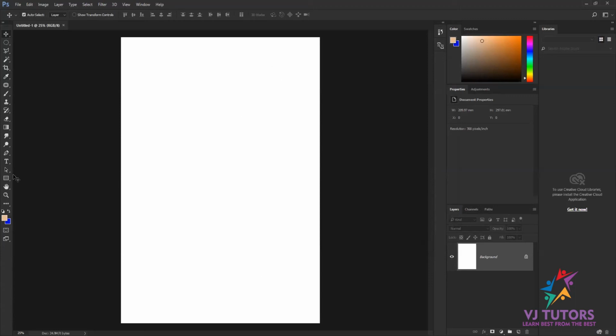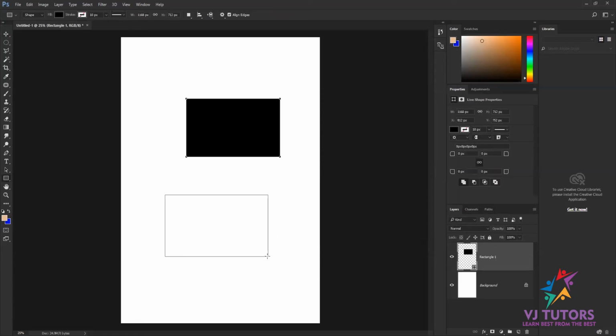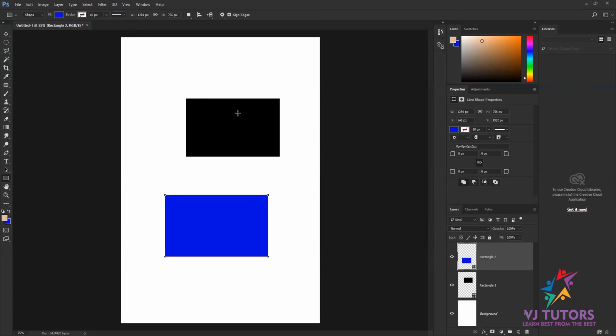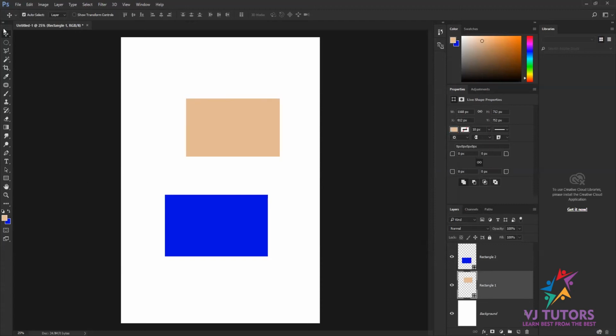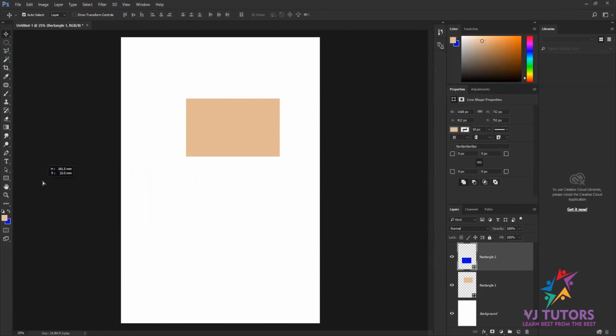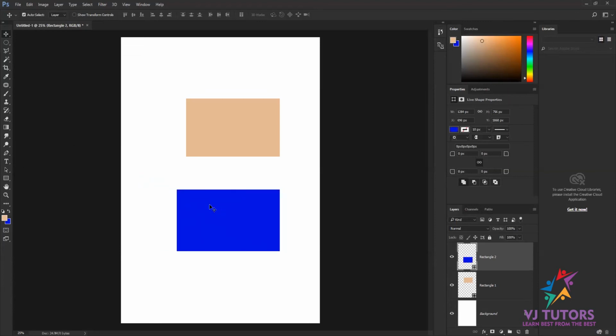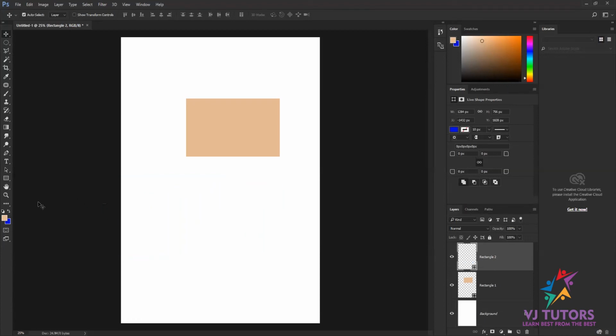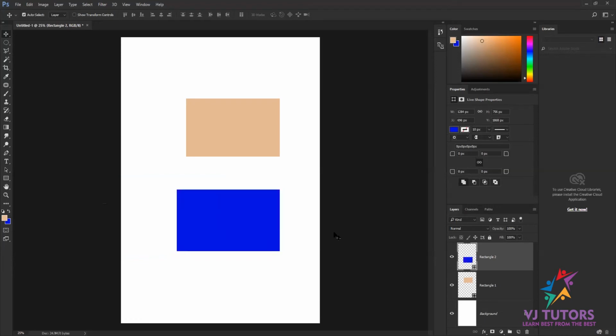Okay, but in this, suppose I create 2 or 3 rectangles and I change the color of those rectangles, and I want this rectangle beside my page. Then I can't see it exactly. So whenever you are creating something, make sure it is on the page. If you keep it something like this, you can't see your work, or you can't see your work on the layer as well. So just make sure whenever you are working on something, it is on that particular page.